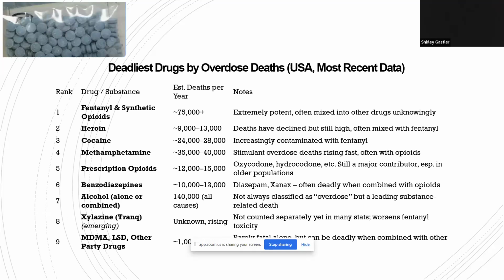These are ones I hate to say are easy for us to pick, because these are ones that we see truthfully on the daily in this region, and it's still a massive issue. The fentanyl and the synthetic opioids are far and away the largest, but even heroin, your secondary kind of opiate, is a big cause. I was truthfully surprised to see cocaine and methamphetamines as high as they were. Certainly the benzos and alcohol, of course, are up there, and then lower ones, your MDMA or LSD, they're kind of party drugs.